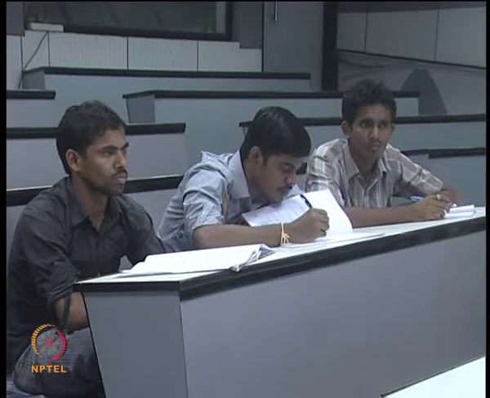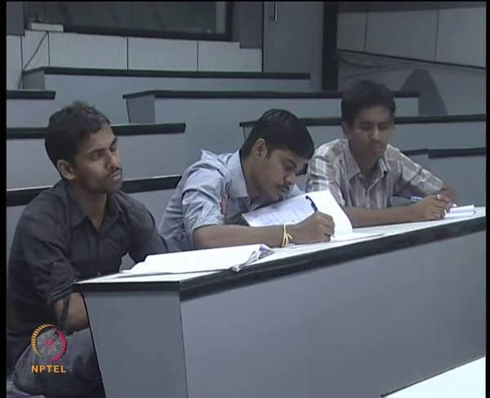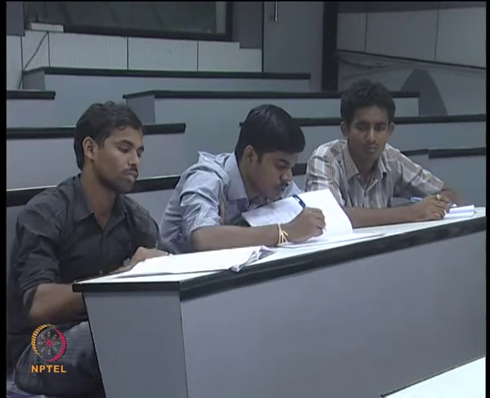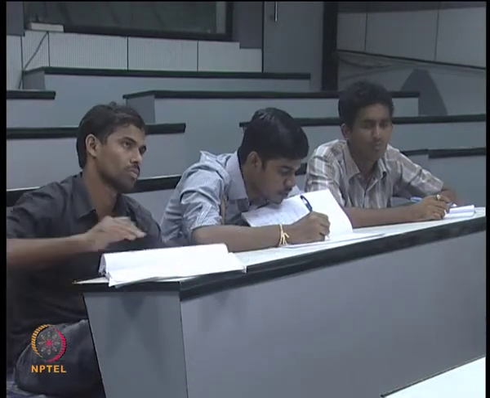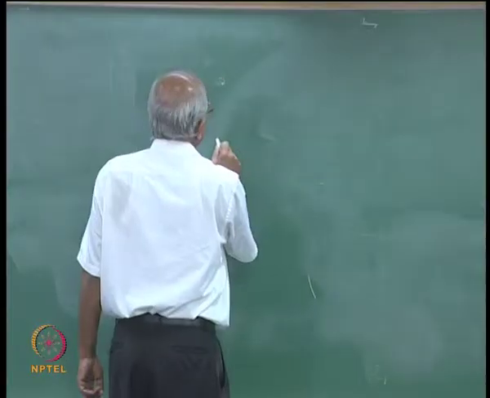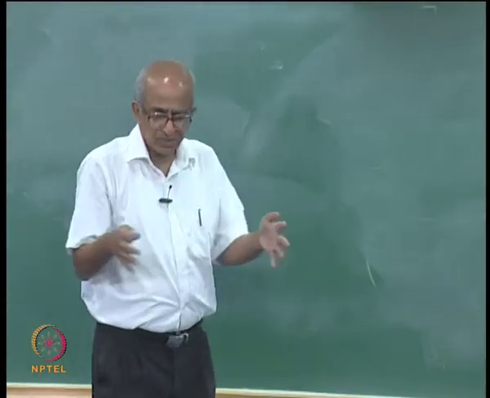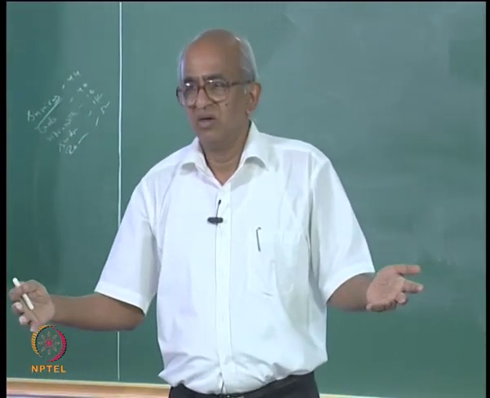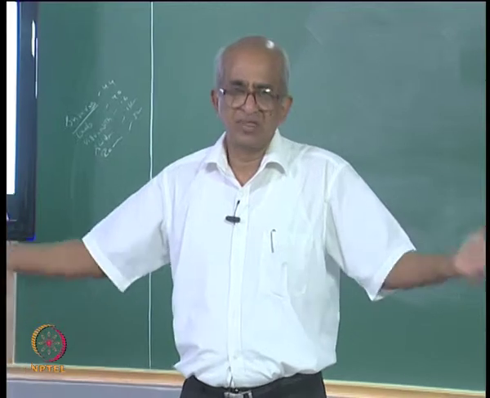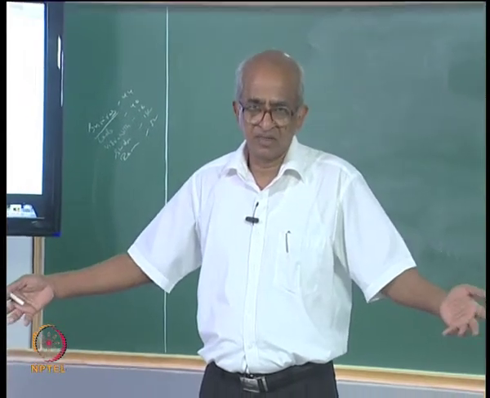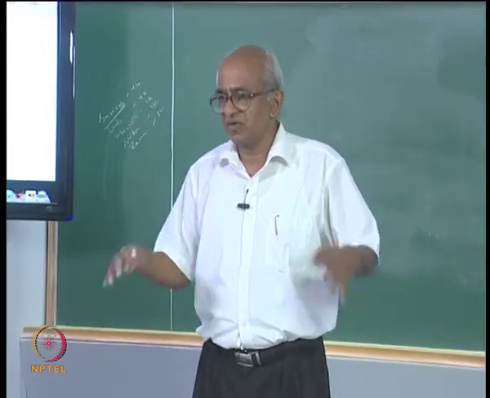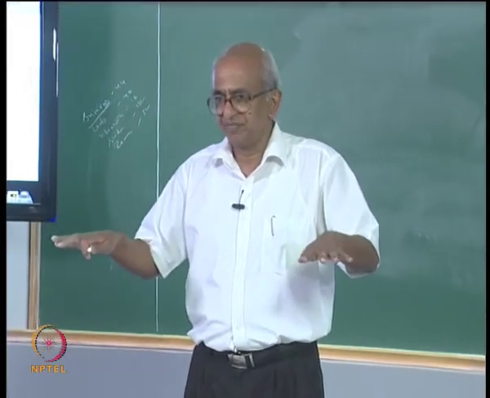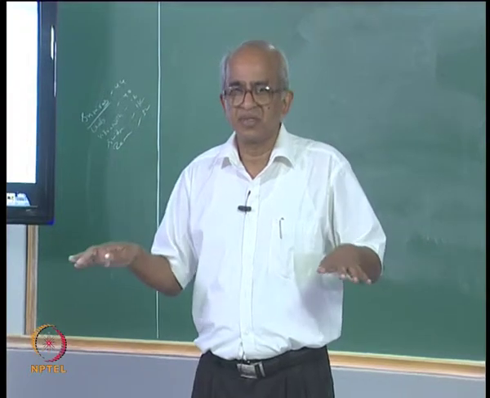We will go back to a one dimensional problem, and we will now say that okay, I have a particle, it is within a box, but that box has a length equal to maybe L. Earlier we said that okay, outside the potential energy is infinitely large, but we will remove that and we will say that the potential energy outside is not infinitely large, but finite, and see what happens.